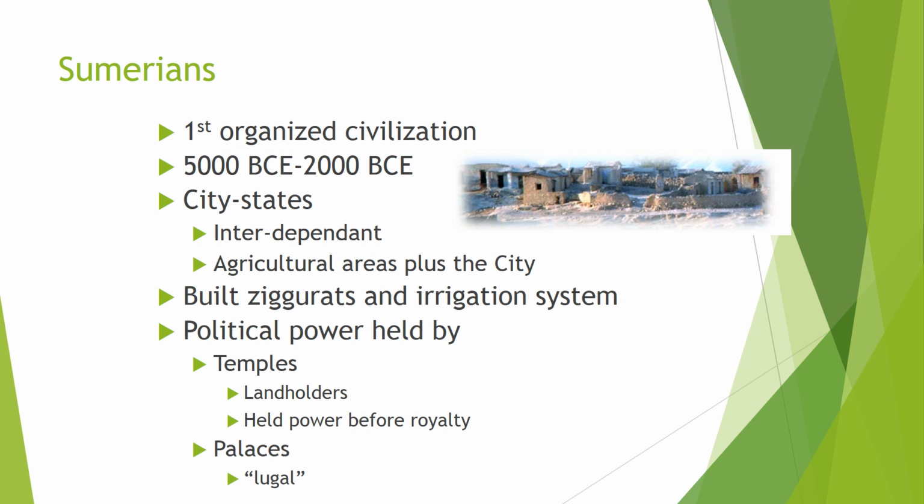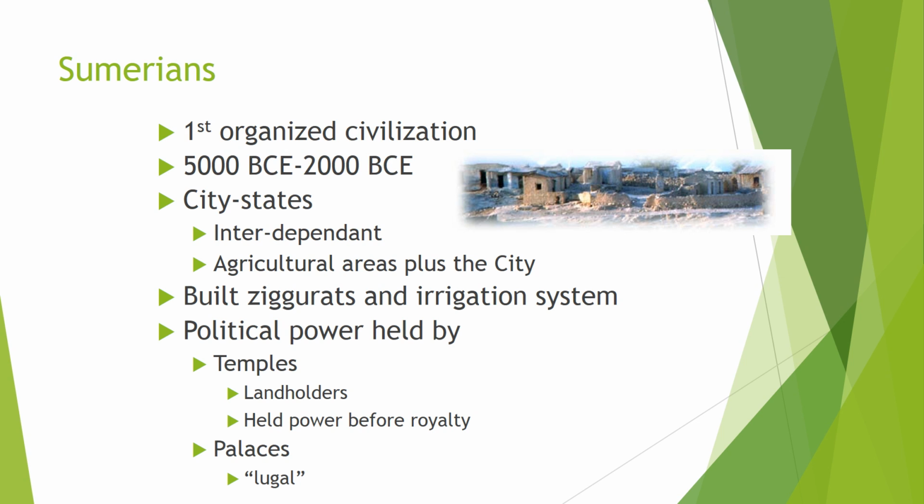Agricultural areas plus the city dominate most of these city-states. Right? You have these 2 major rivers, little zones along the river. So what's going to dominate the river? The people that are in this little city-state. Okay? Egyptians have pyramids, basic pyramid structure, right? The Mesopotamian example are called ziggurats. They are more stepped, but they're the same basic structure. Irrigation systems are really important for the Sumerians because that's what they're going to use to irrigate all this land.